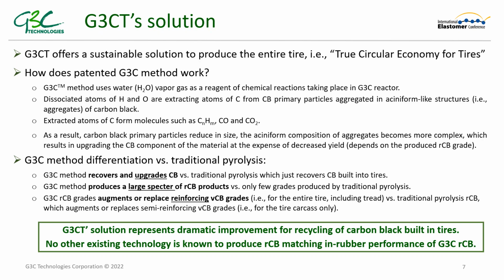The G3C method uses water, vapor, gas as a reagent of chemical reactions taking place in the G3C reactor. Dissociated atoms of hydrogen and oxygen are extracting atoms of carbon from carbon black primary particles aggregated in acinoform-like structures. Extracted atoms of carbon form molecules such as CnHm, CO, and CO2. As a result, carbon black primary particles reduce in size, and the acinoform composition of aggregates becomes more complex, which